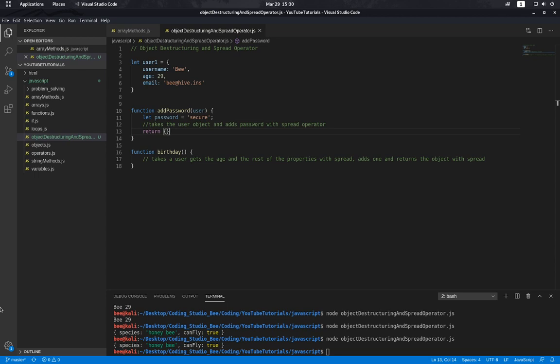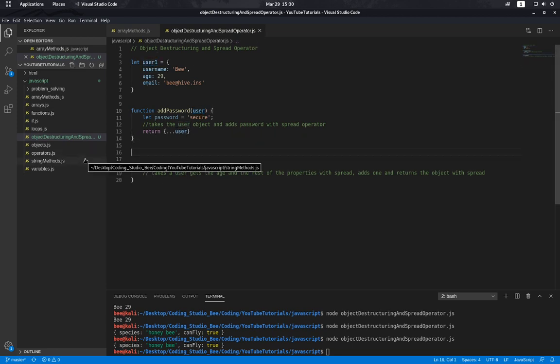Now what I could do is just say that user.password equals password or something like that, but it's way better if I just spread the user here. And what it does is now we created a new object which is exactly like the user it gets from here. So if I were to say add password, so I'm calling the function and I give it the user1 object,